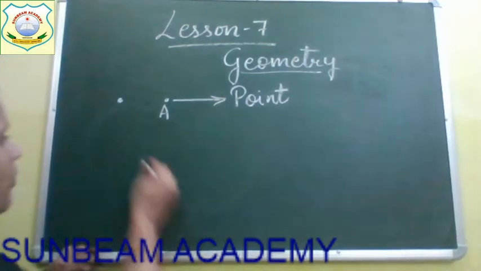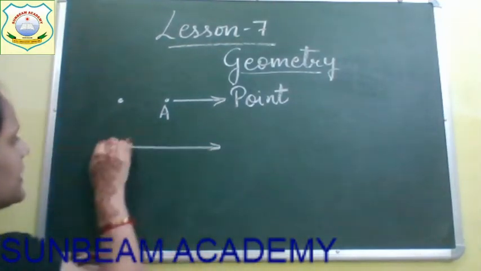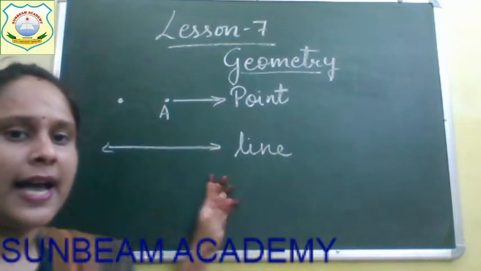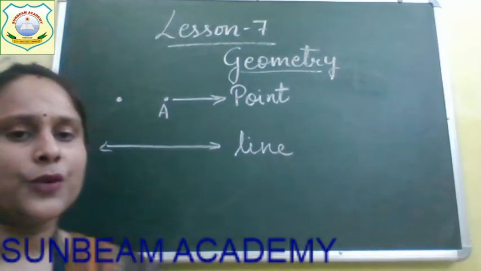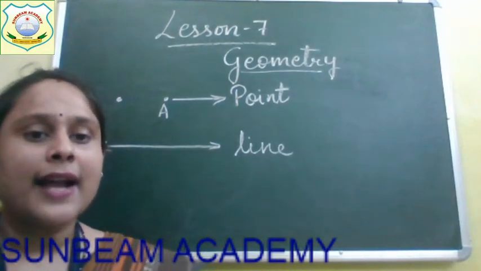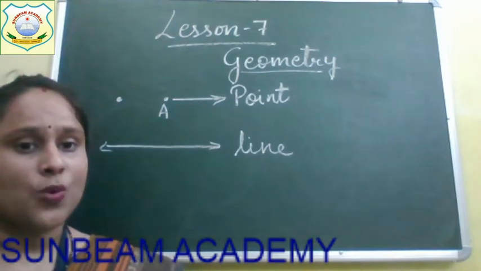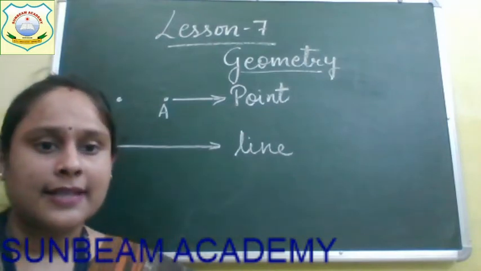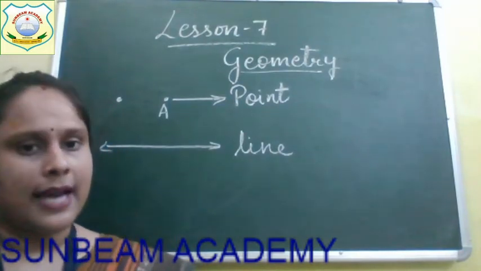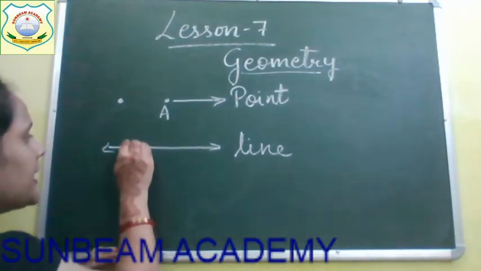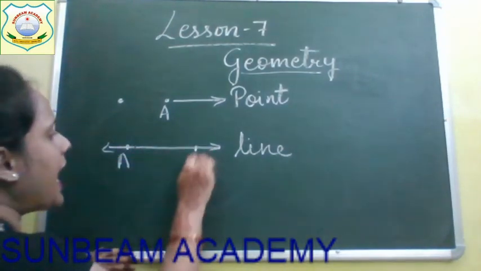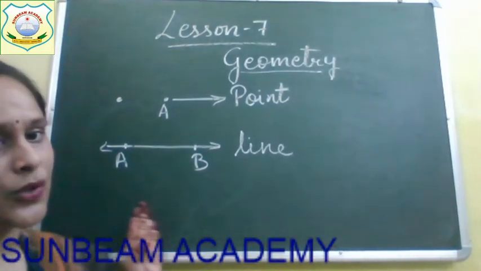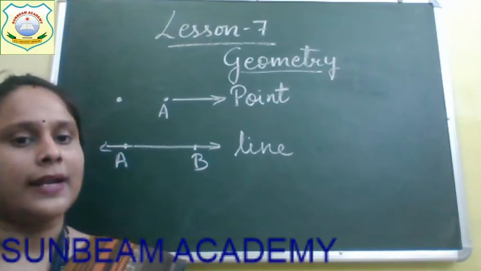Okay. Now see, what is a line? This is a line. Now why are there two arrows on both the heads of the line? On both the sides of the line you will find two arrows. Why is it represented by two arrows? Because the line can be extended on both the sides. We can extend this line on both the sides, either this side or this side. It has no end point. A line has no end point and it can be extended on both the sides. So this is the property of a line and this is what a line is.